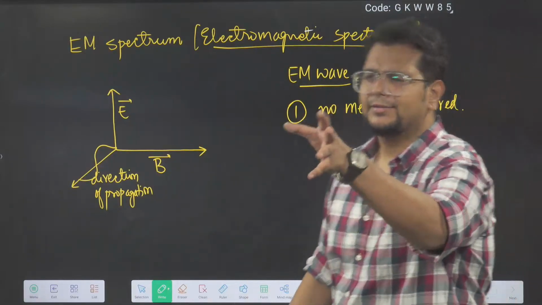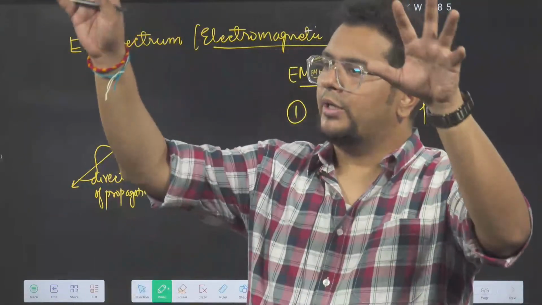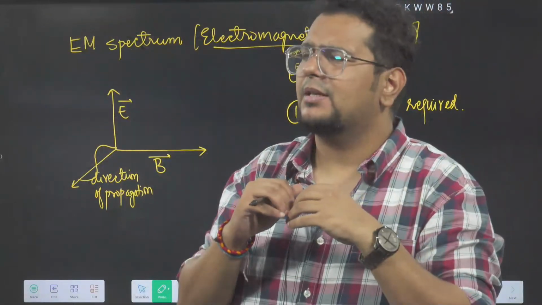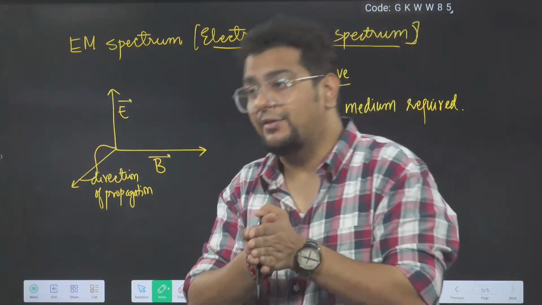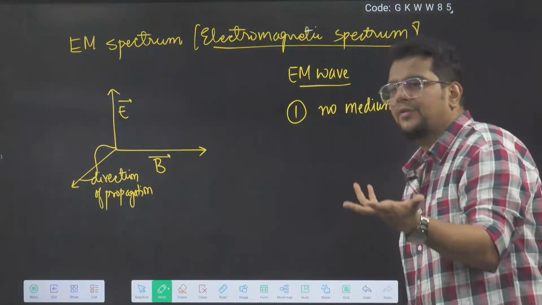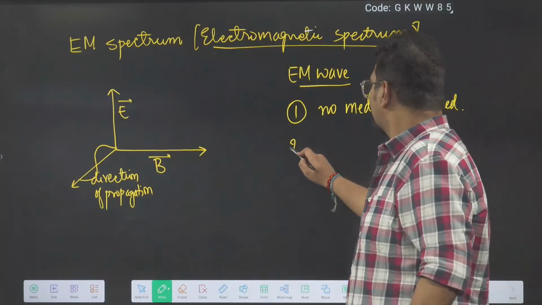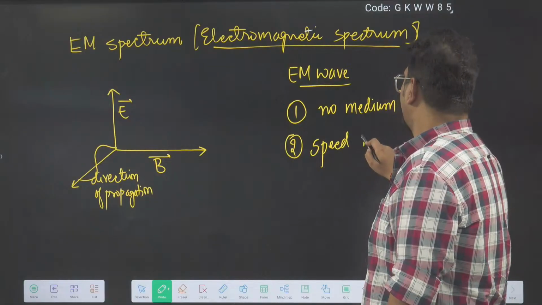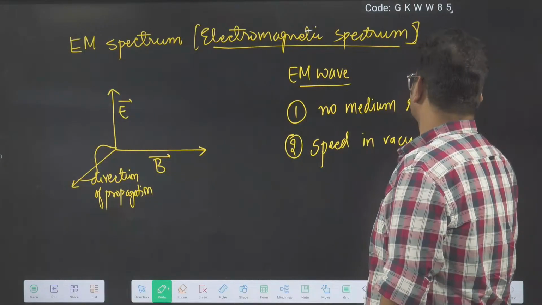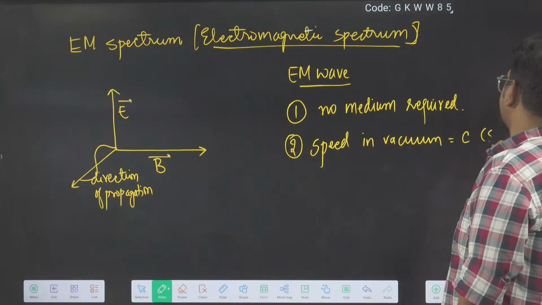For movement, if you go to the outer space, in vacuum, and you speak something, the other person cannot listen to you, because sound requires a medium to travel, but electromagnetic wave does not require any medium to travel. Number one. Number two, speed in vacuum is equal to c. C is the speed of light,